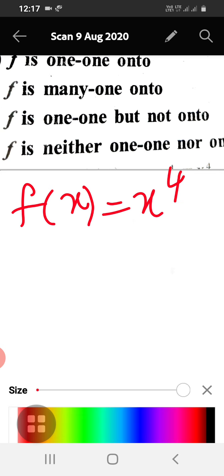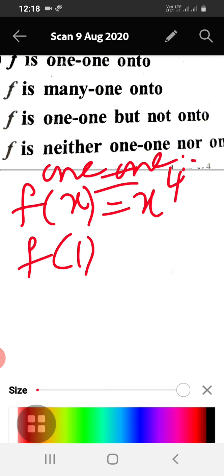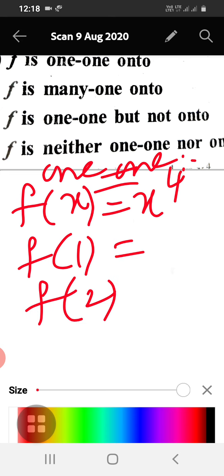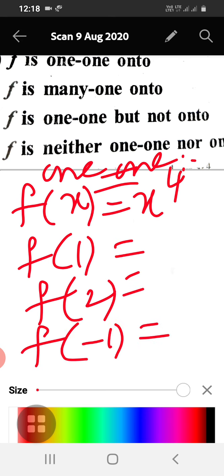So I am checking for injectivity or 1-1. For a 1-1 function, what we will do is go on giving values here. Say first I will give f of 1, then x is equal to say 2, then I will give f of say minus 1.